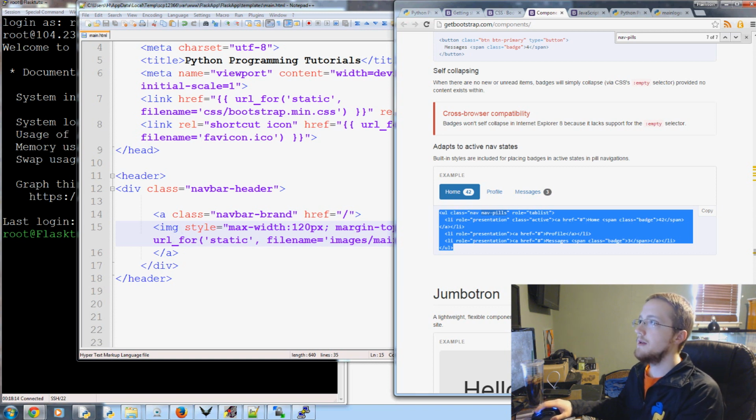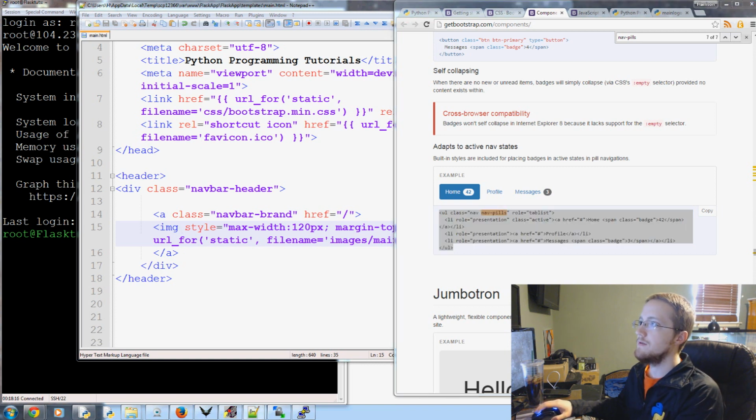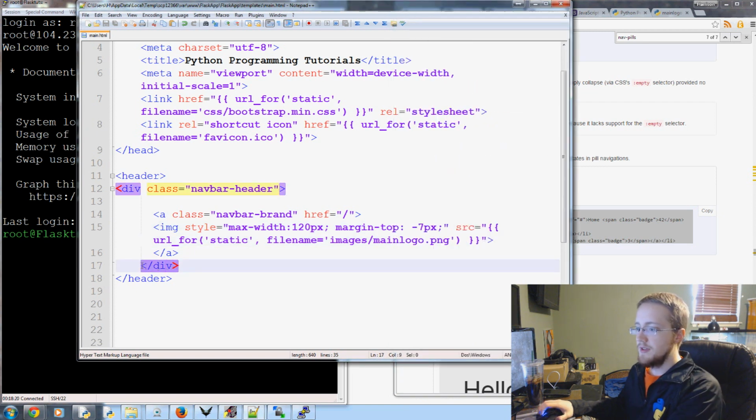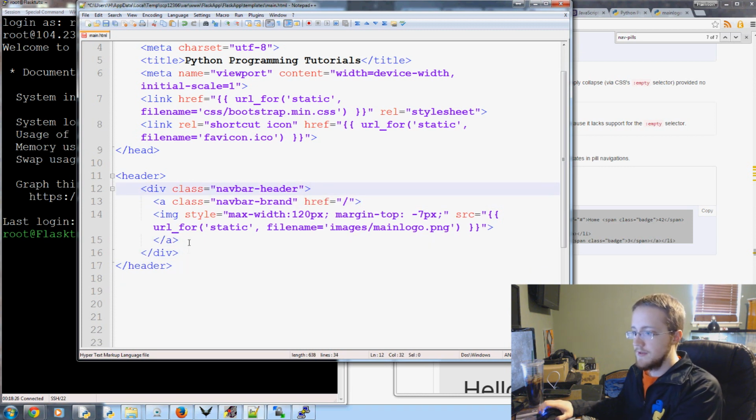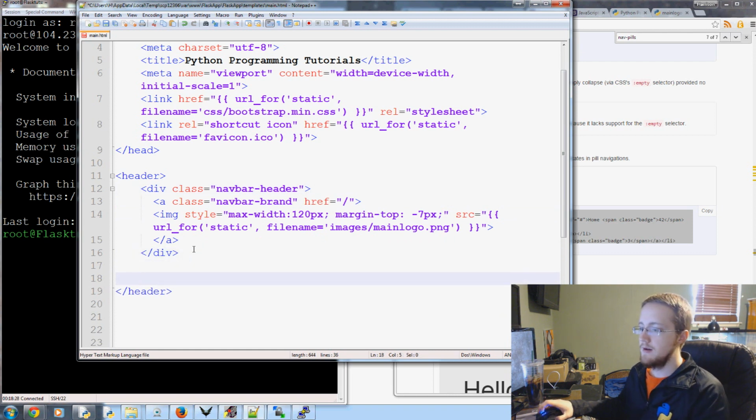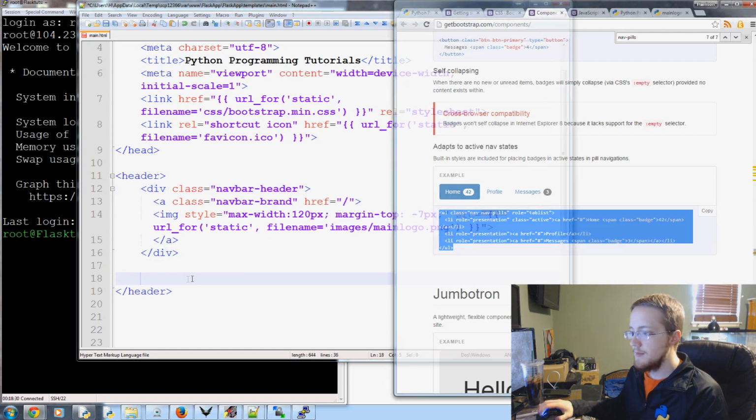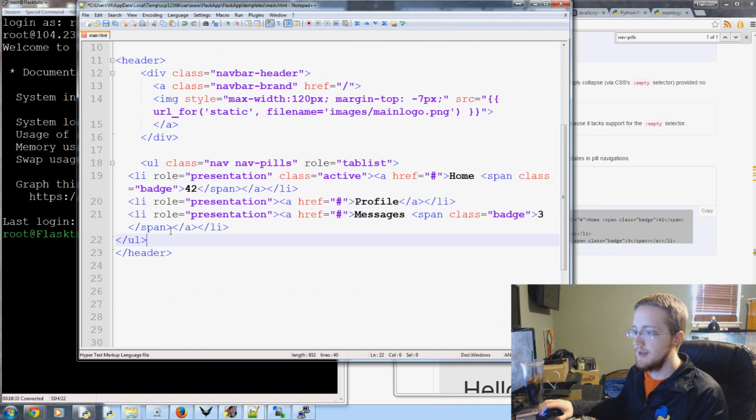I think actually the way I've done it is it's still within the header, but not within those. So let me tab this over to keep our standards good. Fix our spacing issue. We'll come down, and then we'll take this code here, copy that, paste, and then we'll